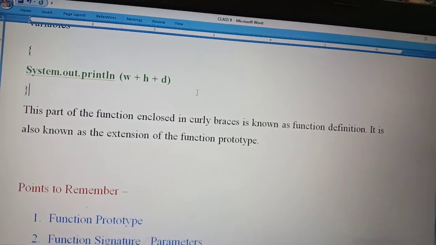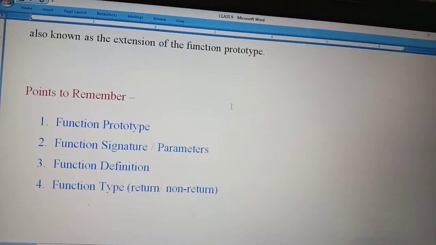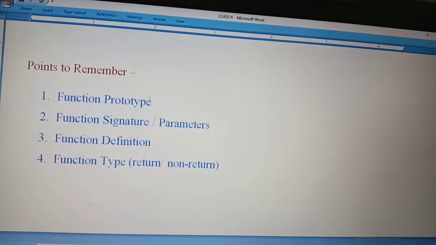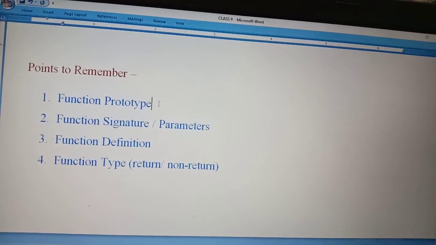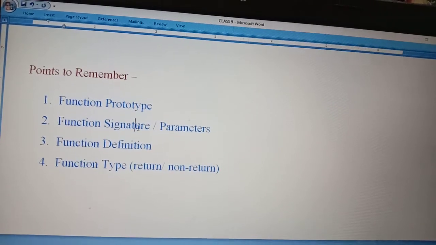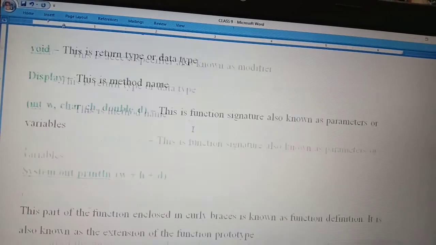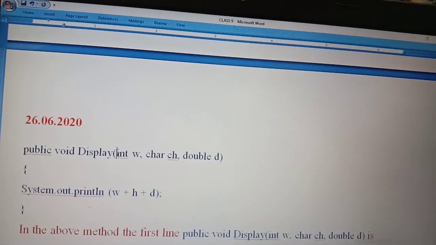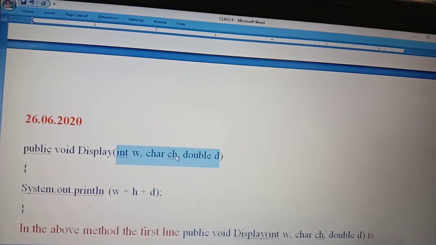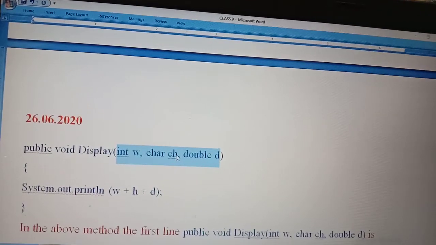So you have to keep this in mind and remember it. Points to remember. A function prototype: you already know the function prototype is the first line of the method. Function signature or function parameter: the variables used inside the brackets in a function prototype are known by a special name, the function signature.